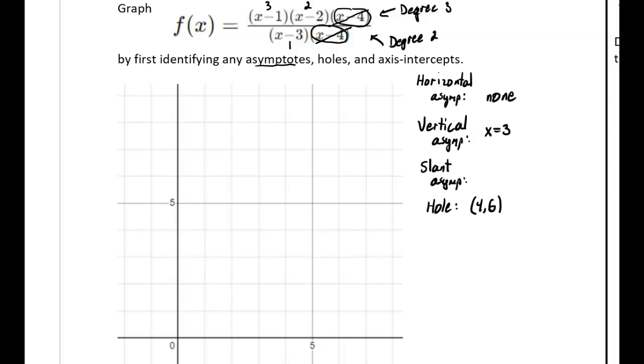Now let's go back to slant asymptotes. Slant asymptotes are diagonal asymptote lines. They exist when the degree of the numerator is 1 more than the degree of the denominator. And that's what we have here. Degree 3 is 1 more than degree 2. So there is a slant asymptote. It has an equation in slope-intercept form that can be found by doing polynomial